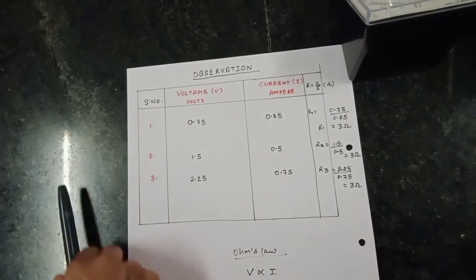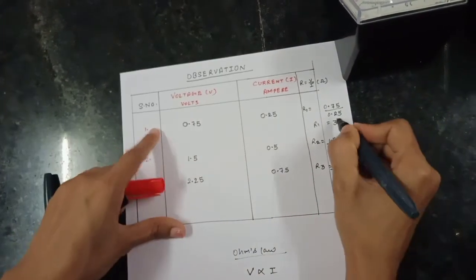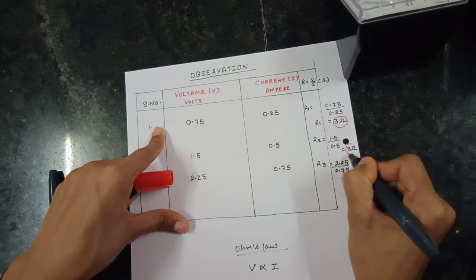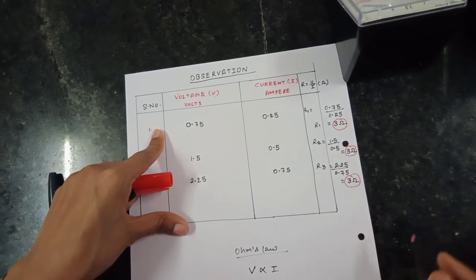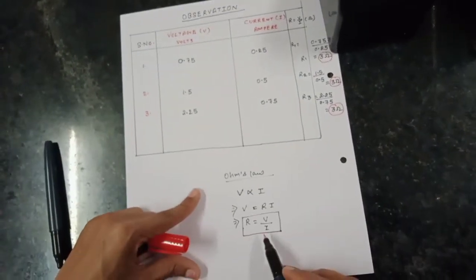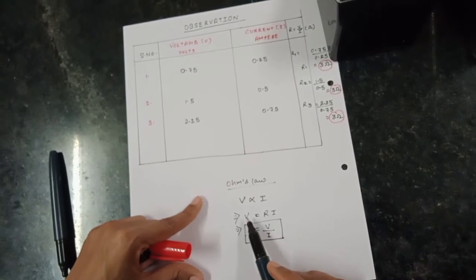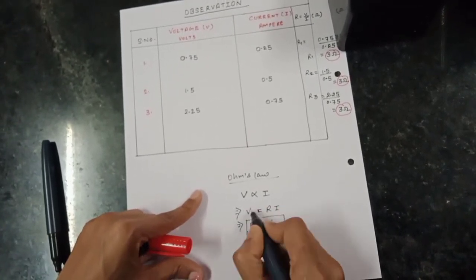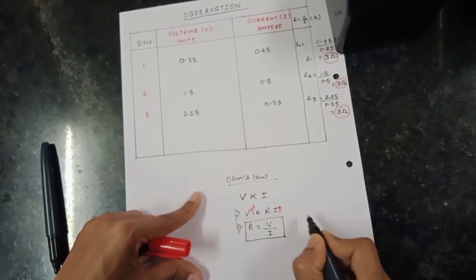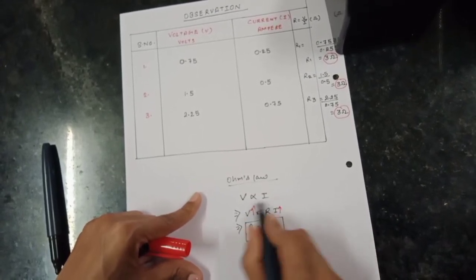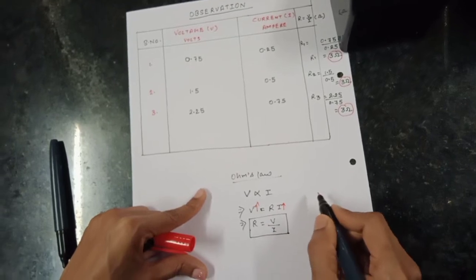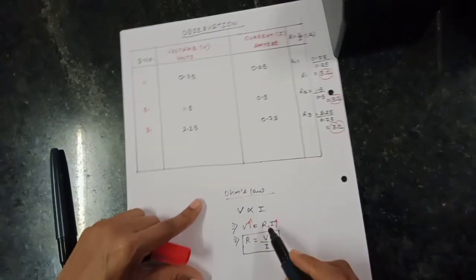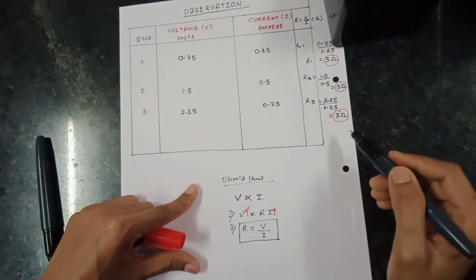So here we got to know that in our observation resistance was constant, right? And that has been verified through Ohm's law also. If we vary the voltage, current also increases simultaneously. Increasing the voltage will increase the current, right? Because these two are directly proportional. But constant resistance will always remain a constant.